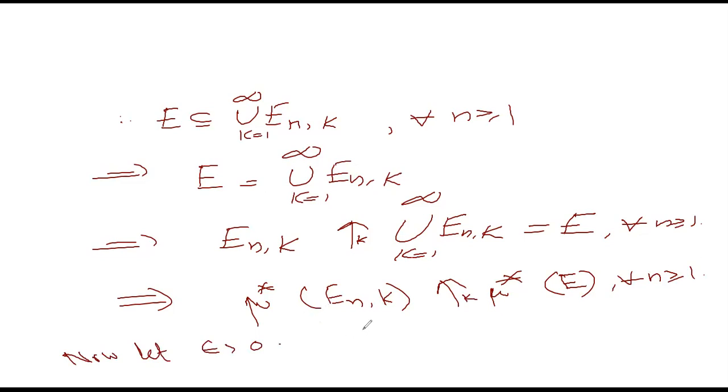Since mu of E, the measure of E, is finite, and since the limit of this is finite, whenever a limit is finite, then for each epsilon positive, since this is a finite limit and it is a limit of E_{n,k}, we can find, for each n, because it is true for each n actually,